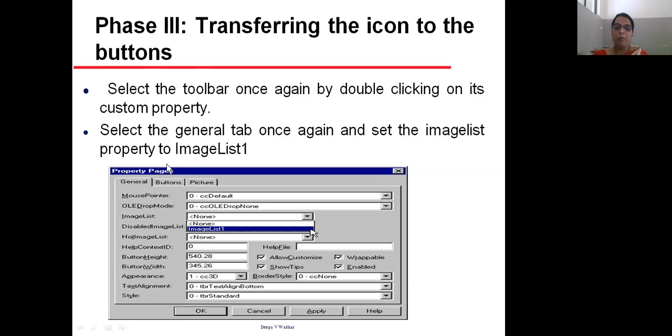In the custom property, again you are going to get the three tabs: general, button, picture. Buttons we have already inserted. So select the general tab. There you will find the image list property, and in the image list you have to select the currently created image list, that is image list 1.